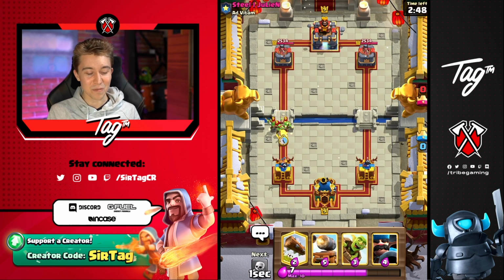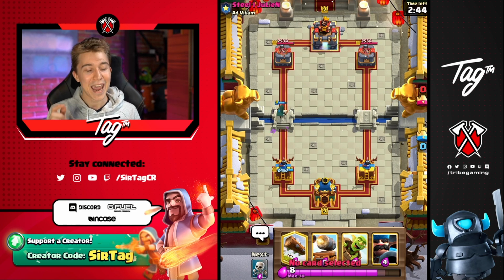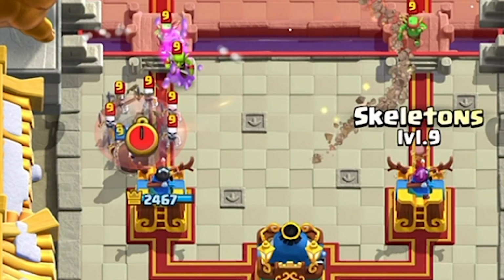We got a game here. This guy's immediately going for spear goblins. We're going to bounce those back so he doesn't get as much damage as he hopes. And we'll see what's up. So, Skeleton Barrel and Goblin Gang. We know what this story is about. You're going to end up having a...